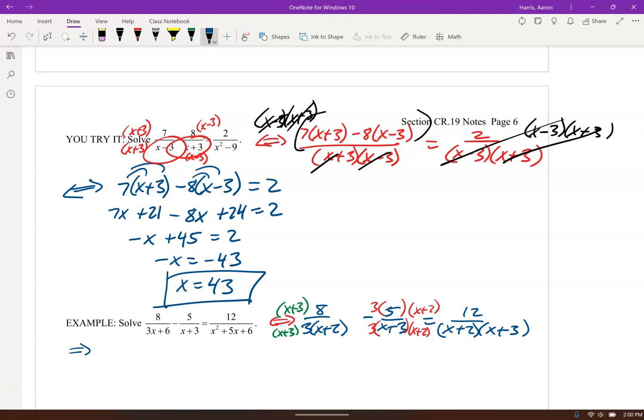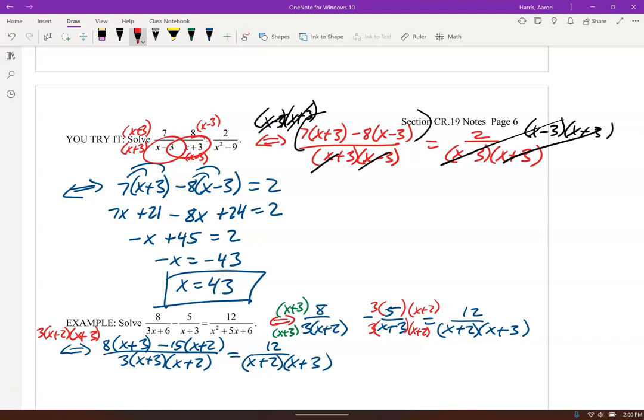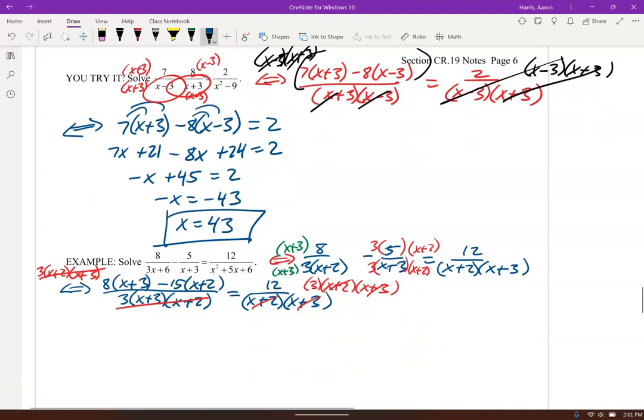So it looks like we've got 8 times x plus 3 minus 3 times 5, 15, x plus 2. This is all over that common denominator, 3 x plus 2, x plus 3 equals 12 over x plus 2, x plus 3. Now I'm going to multiply both sides by this 3 x plus 2, x plus 3. So that whole thing, and then this side by 3 x plus 2, x plus 3. And notice the x plus 2's cancel, the x plus 3's cancel. And then we're left with